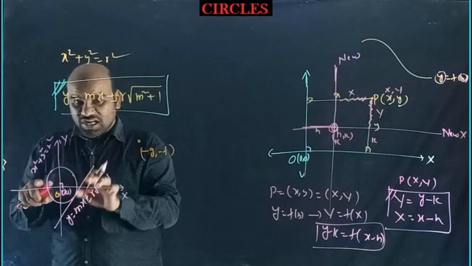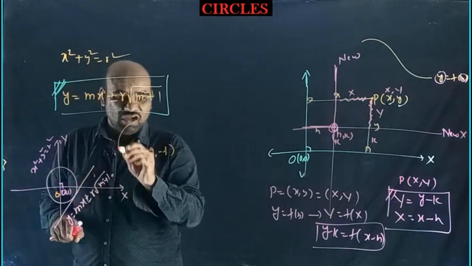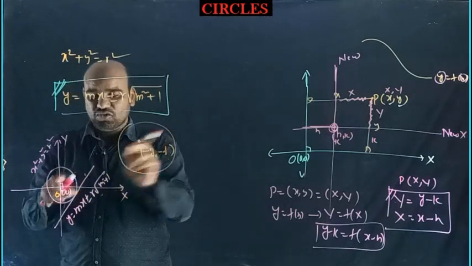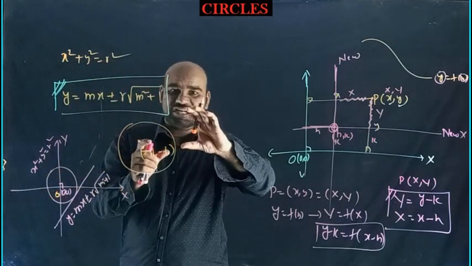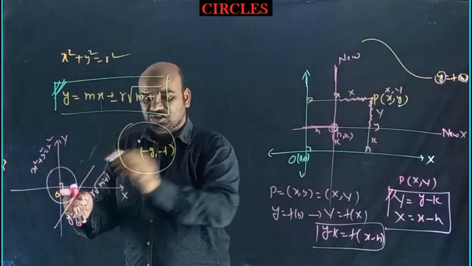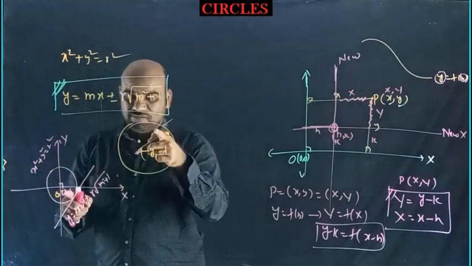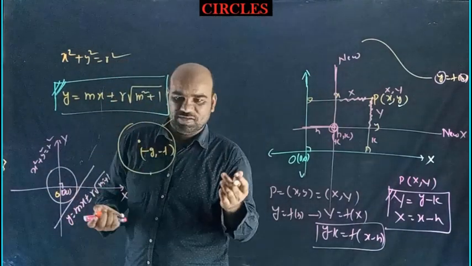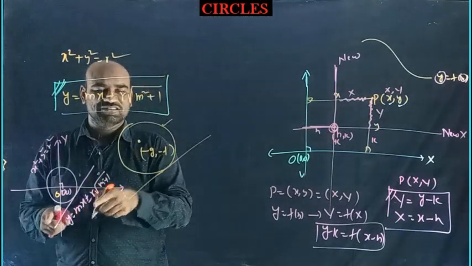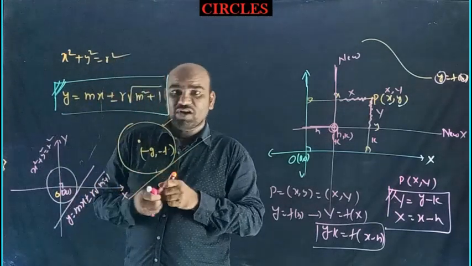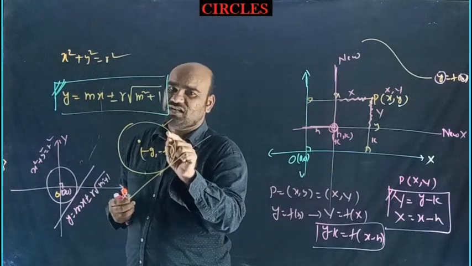So this is the circle of radius r, no? Here also I want a circle of radius r, which means these two are congruent circles. The total system is just translated. So this is the same circle, but the position is different, and this is the same tangent. Now I want to find the transformed equation of the circle and the transformed equation of the tangent.